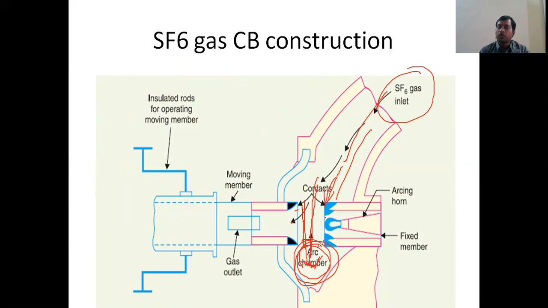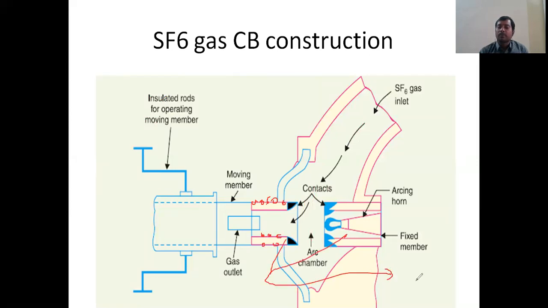As per our SF6 gas properties, as it has good electron absorption properties and good thermal conduction and thermal stability properties, the total arc will be quenched and removed between the two contacts very fast. The moving contacts have some holes, and these contacts are made of copper or tungsten material, so the ending contacts have very low conducting losses. In this way, this SF6 circuit breaker will work.